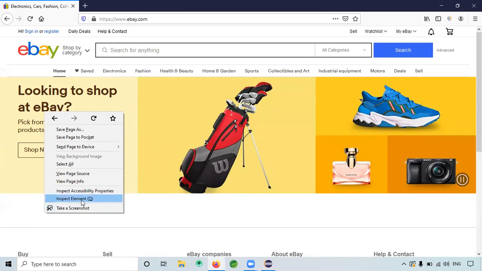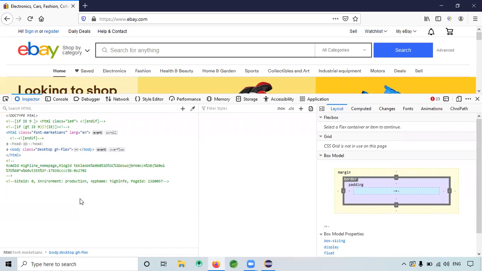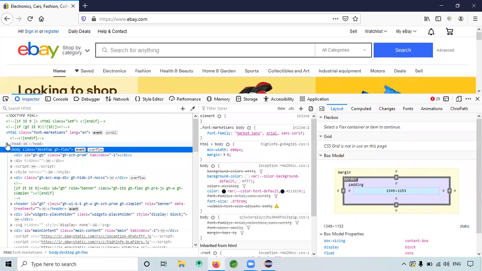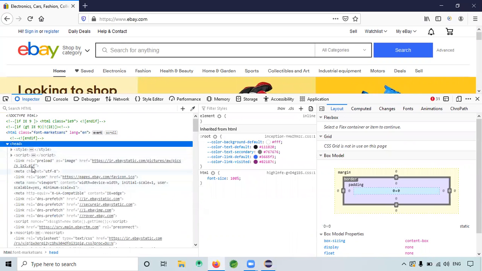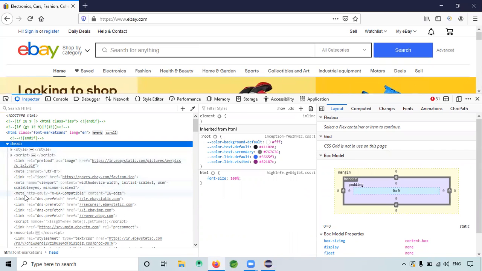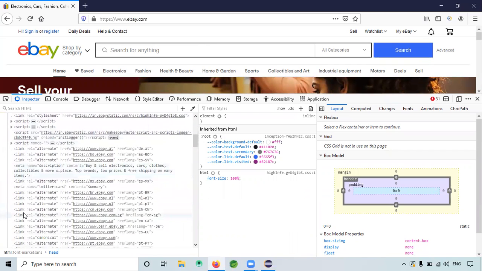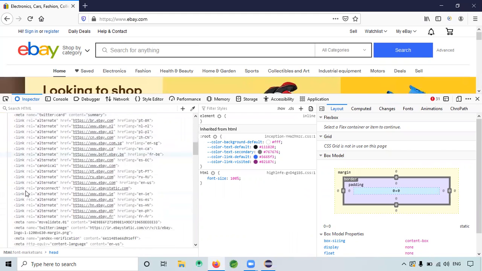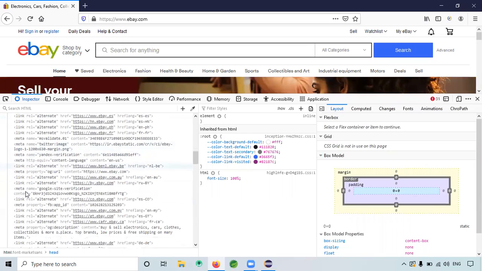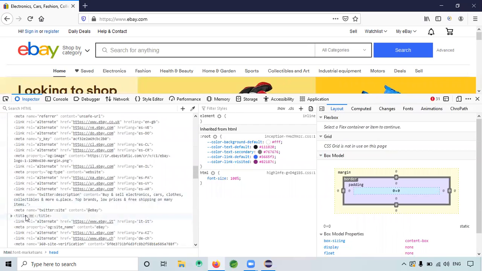I will go to inspect element. In inspect element, under the head we have title. We need to search for the title. Here.